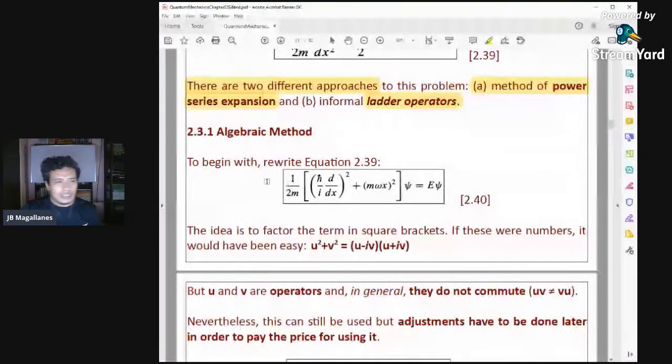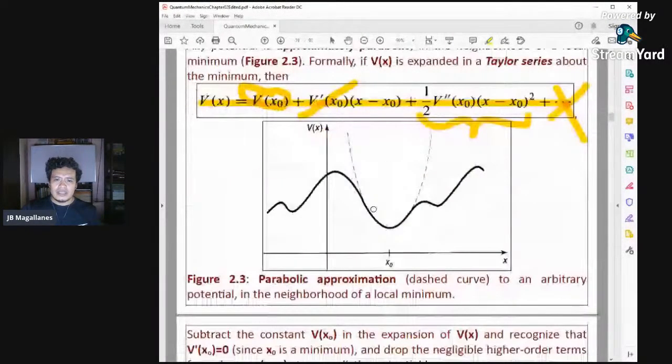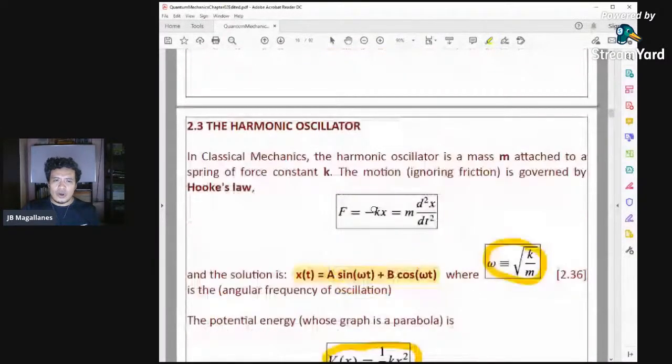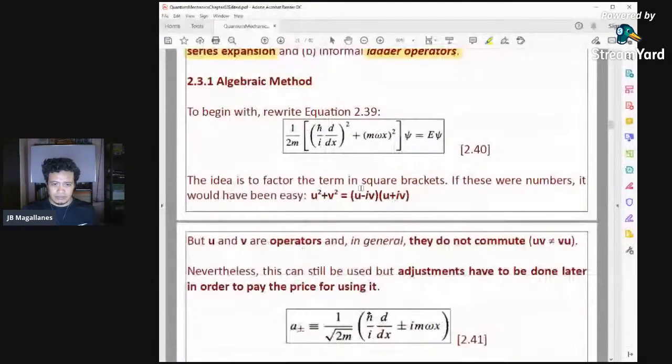And that would be next meeting. So I will not review what a harmonic oscillator is next meeting. We will go directly to solving the time independent Schrodinger equation, and